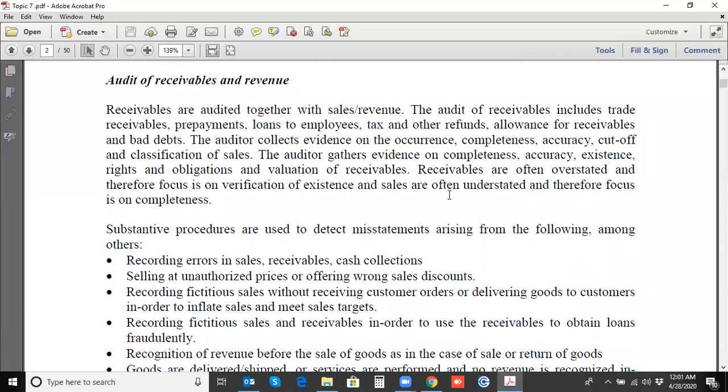Okay, so if I am to talk about the procedures for auditing revenue, I need to first understand the sales process. What happens? In the sales process, you're probably going to have a customer placing an order with you as an organization. You may need to check if you can fulfill the order. You need to look at the volume of the order that your customer is placing. After you look at whether you can fulfill the order, then you're going to look at